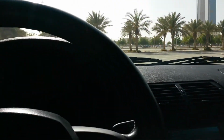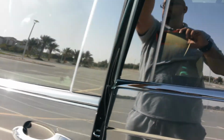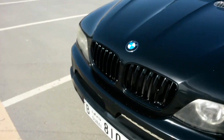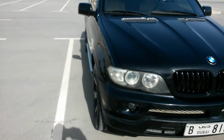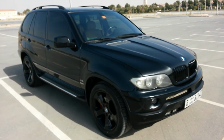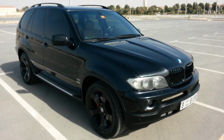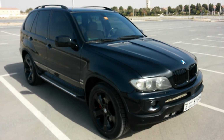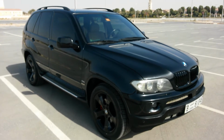It's a taut, torquey beast of a machine, and it's a pleasure to have it in the Auto Emotional stables as part of our rostrum of cars that are available for sale here. We know that this one's not going to stick around for long. Really and truly, the first person that's going to come and take a look at this is going to buy it. With that much service history, being a facelift 2004 jet black metallic BMW X5 4.4 litre V8 injected with